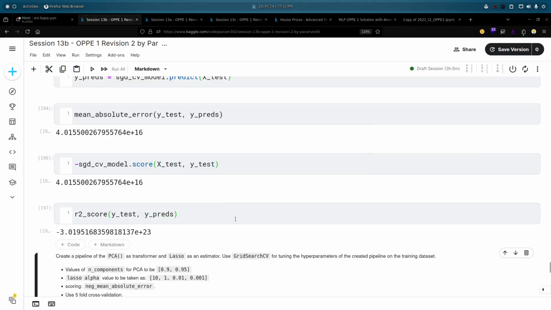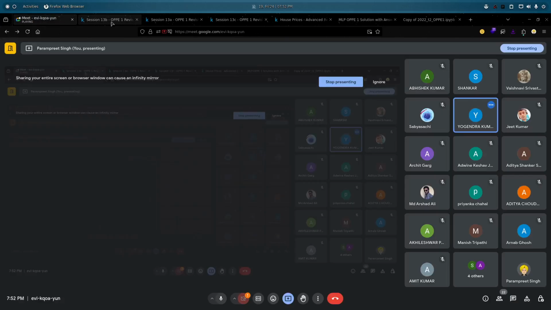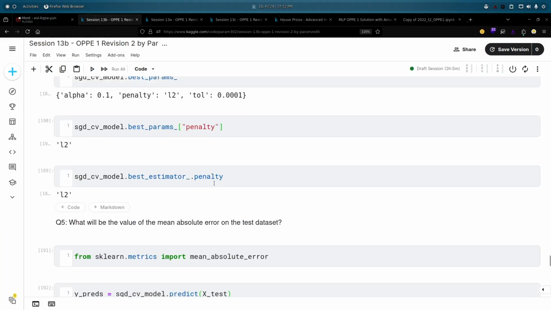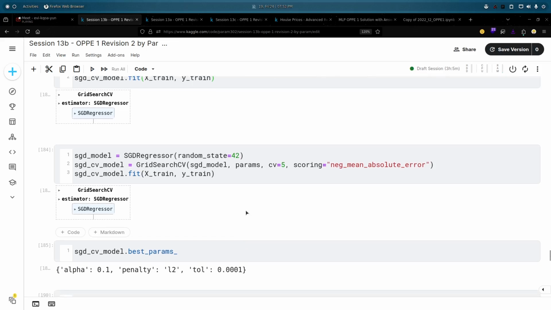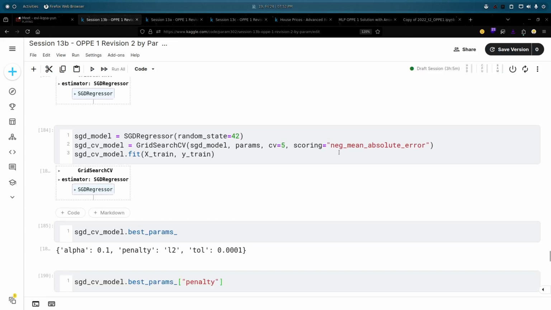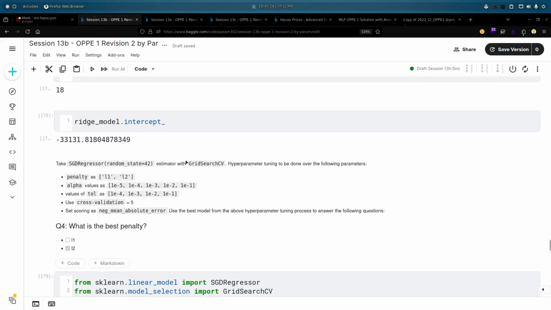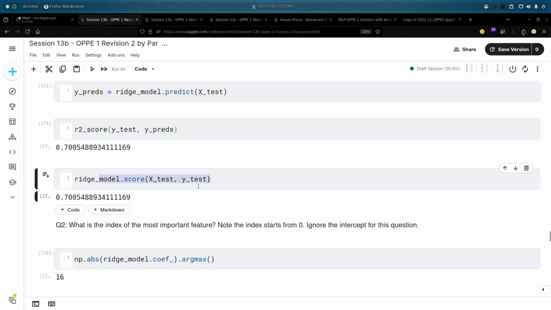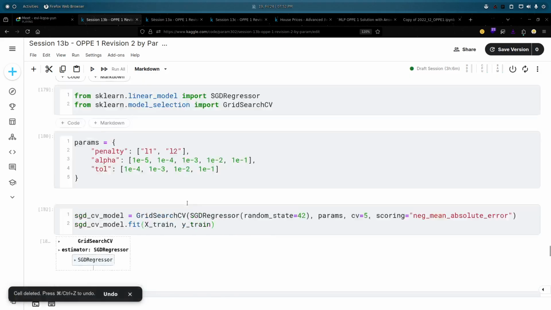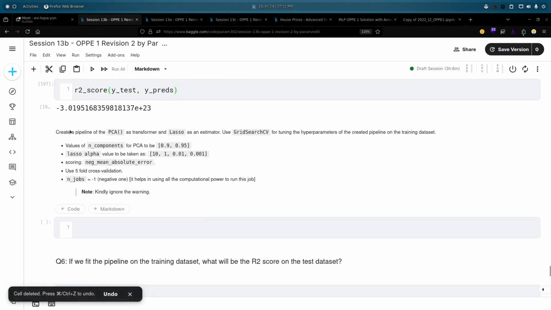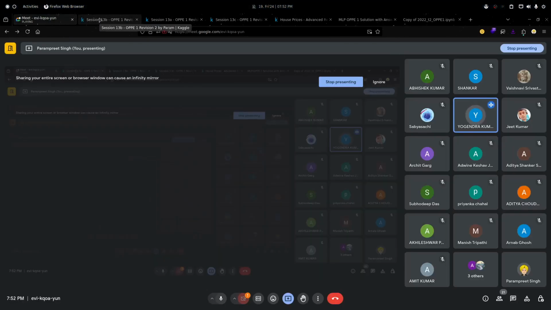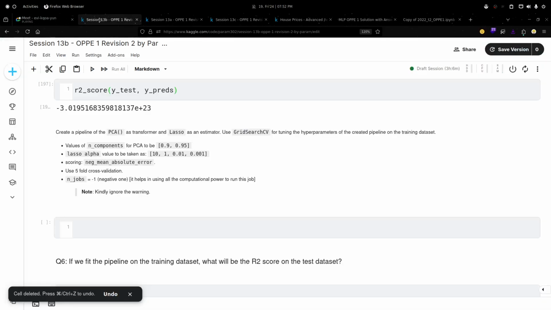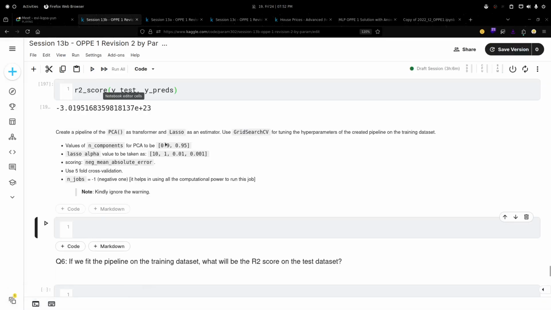My question was, you can go above in this model also, where we have found the R2 score. So we can write ridge_model dot score. Yes, here also we did the same thing, passing the values. All right, so now let's move on. It will differ only on the basis of the scoring library we have called, as well as the scoring parameter which we have passed.